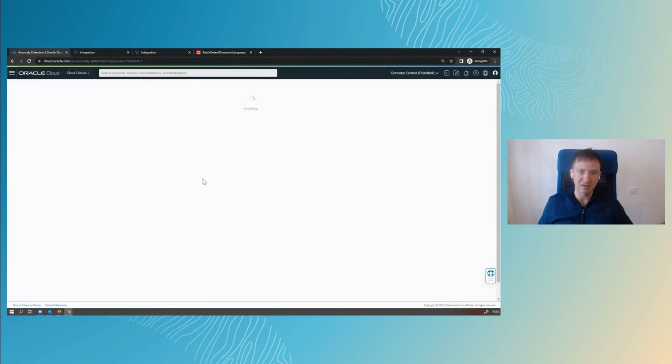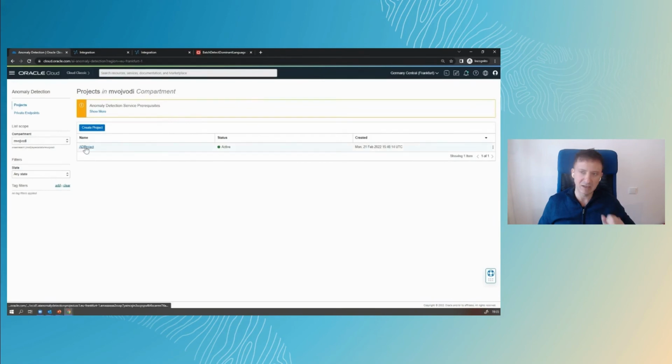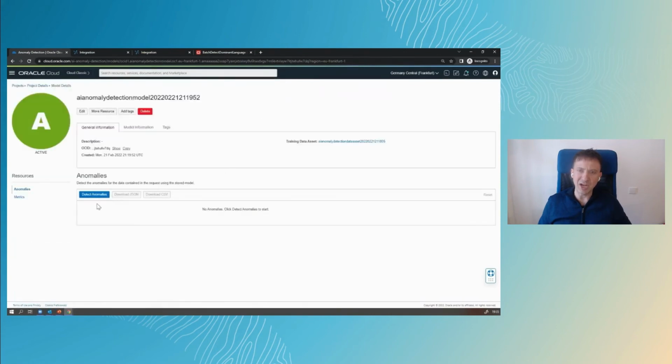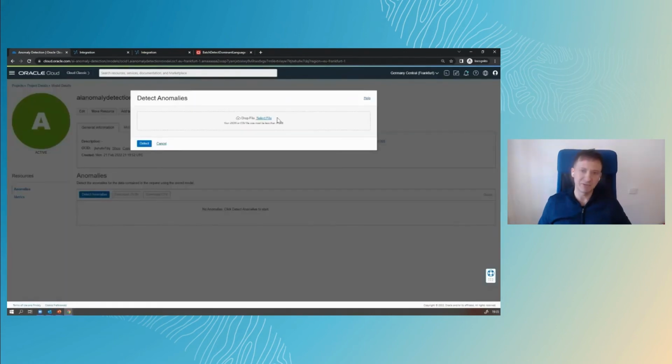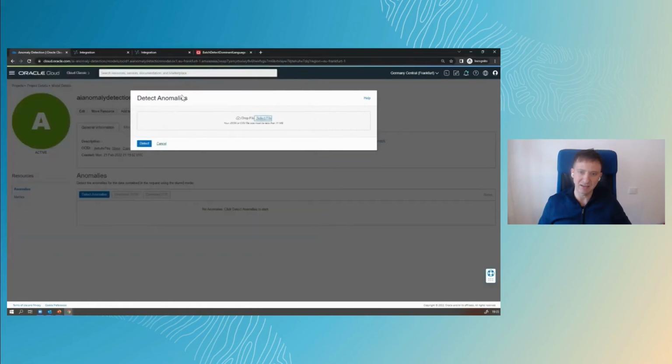This is next to vision and language. This is anomaly detection, the anomaly detection service here. I think we loaded some data set with some temperature data, and this temperature data are used to train the model first of all, and then we would just load additional data set here that would start detecting the anomalies